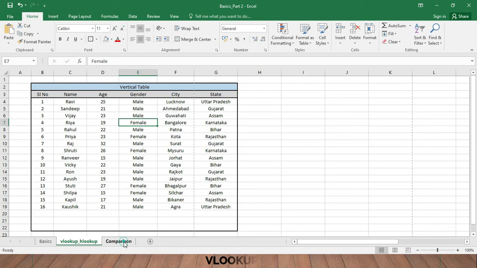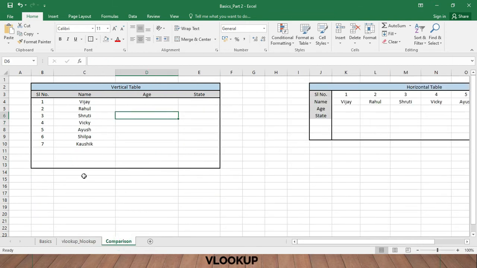Now in the second scenario, we will have data where we'll be seeking some data to fill up these blank cells. To do this, we have to make sure one thing is common between these two tables.